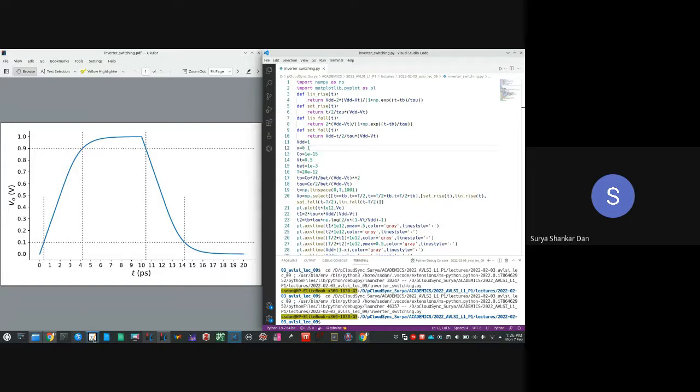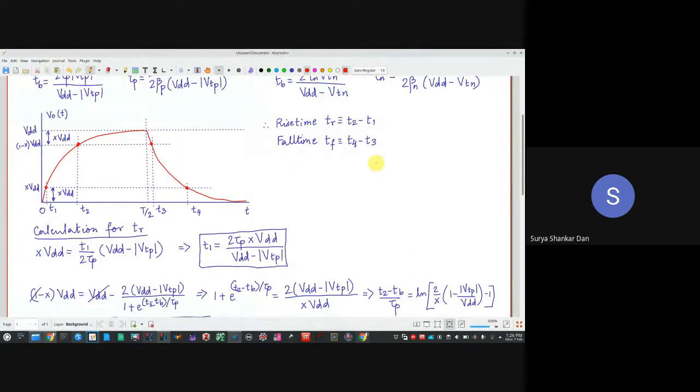Remember the situation which I had discussed earlier. So this is VO, this is VDD, this is 0. So what we are suggesting is that if X is 10%, this is your X VDD. So here will also be X VDD. This is 1 minus X VDD. Therefore, this range remains the same. However, this is all referring to VO itself.